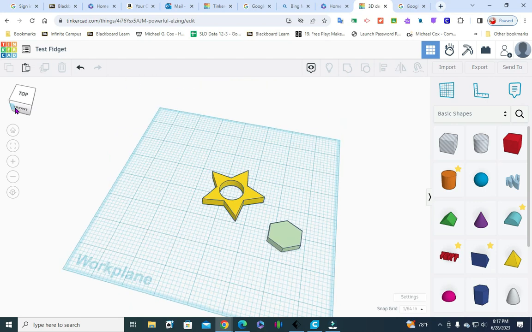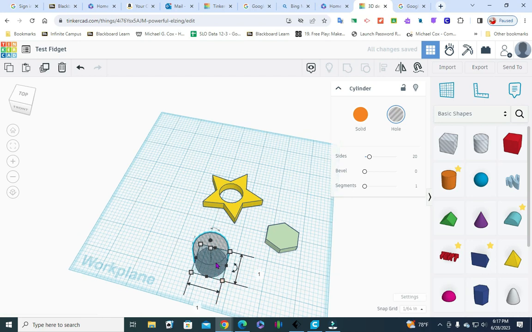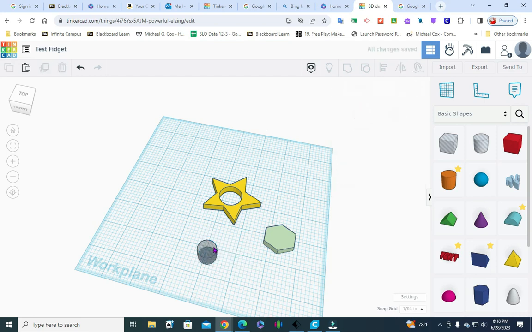So I am going to now make my holes. We're going to add marbles inside of these parts. So I'm going to bring out another hole, and the marbles I measured in class. We made it a little smaller, but we're going to be more precise, and we're going to make this 0.62. And I'm going to shrink it down to 0.5 to eliminate some shadows,